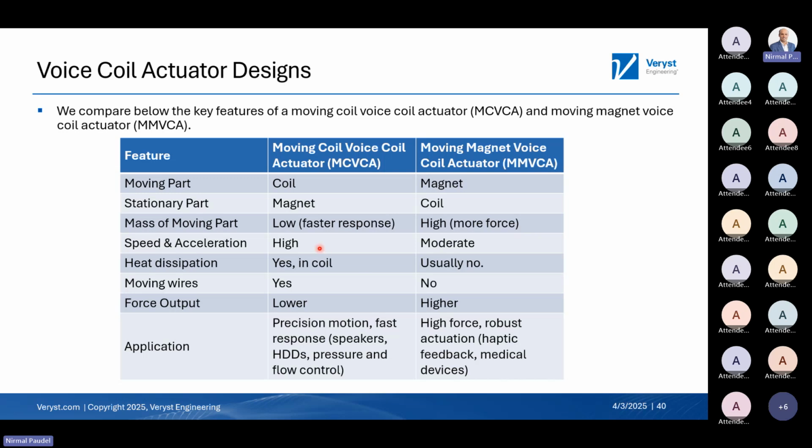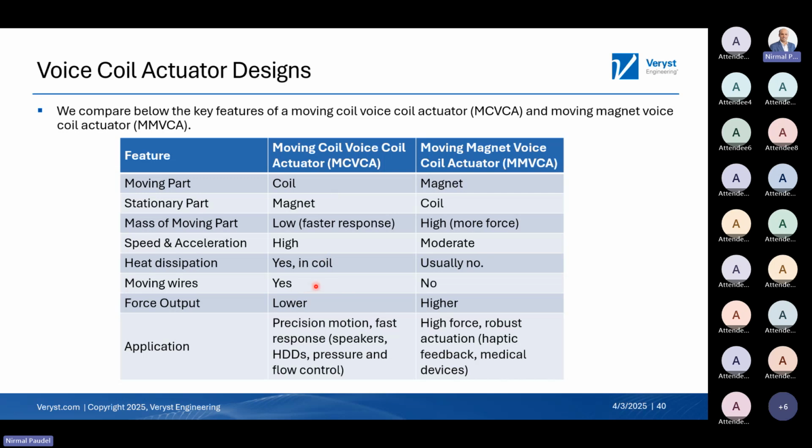And the speed, when it's smaller, the speed could be higher. And the speed for the moving magnet, voice coil, is moderate. And then heat dissipation, again, there is a coil, so there's some heat dissipation involved in it. And moving a wire, obviously, if there's a coil moving, then you have to have a flexible wire to allow